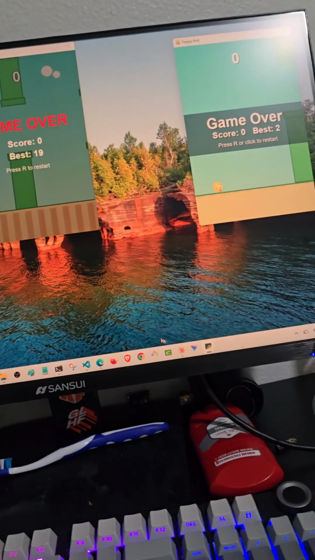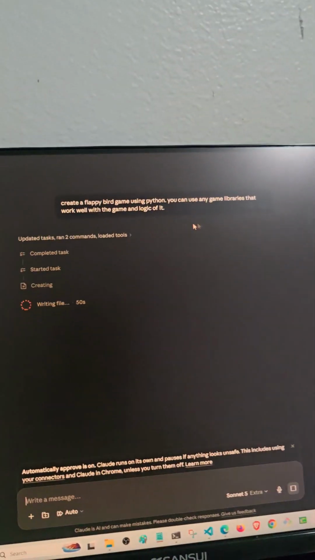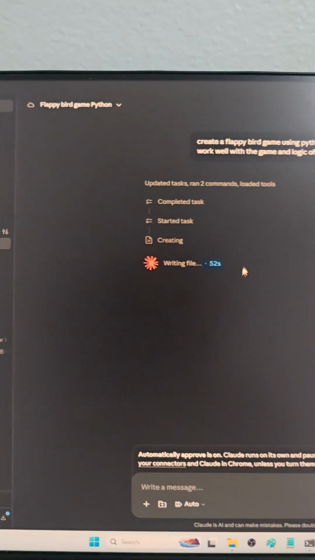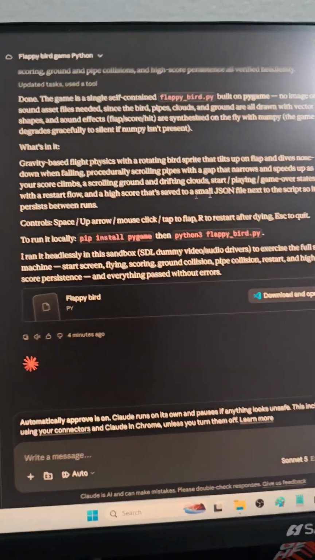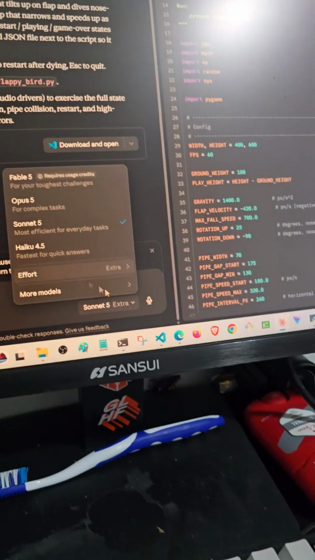Very cool. Okay, next up we have the extra. It's still running. It's been almost a minute, so I'll get back to you guys once it's done. Okay, guys, it's completed running. That took us about 4 minutes, almost five. This is the longest run it has done so far, since I started from the lowest mode to the extra mode.